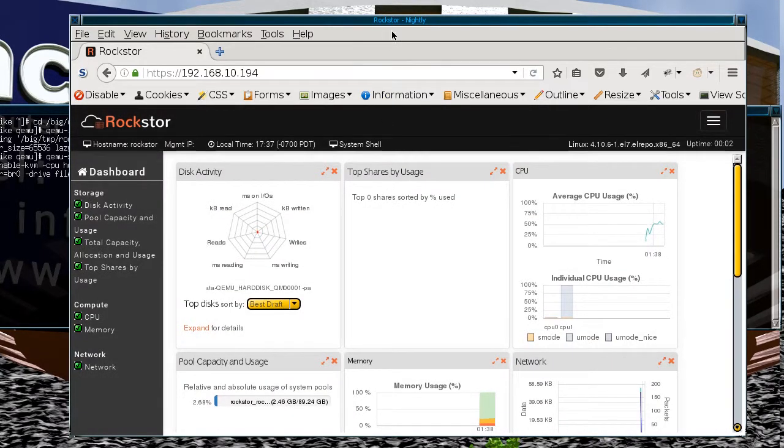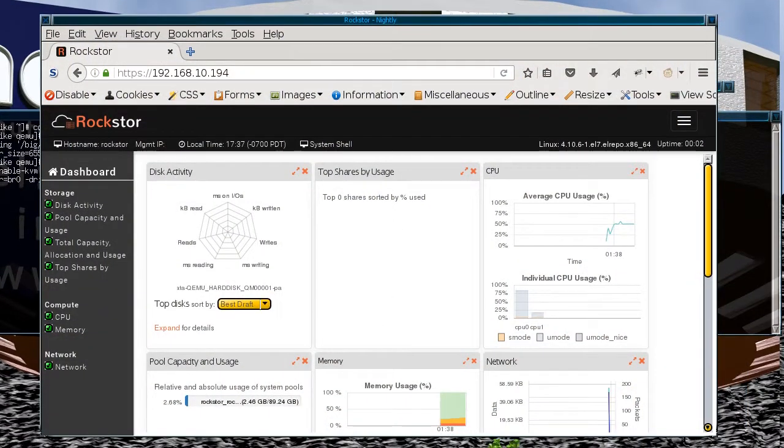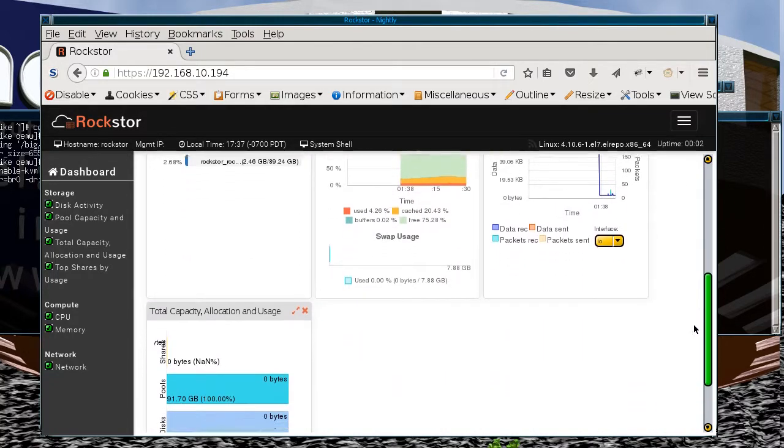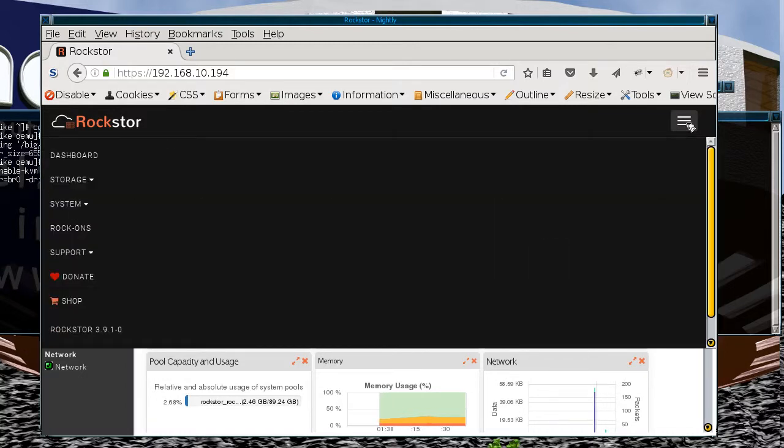So here we are in the web interface, and it does actually look quite fancy. I think they got all the animated graphs idea from Synology. So yeah, it does have some interesting looking stuff on it. But the main thing that you're going to be using it for is to set up the shares. So what you have to do is get into the menu system,